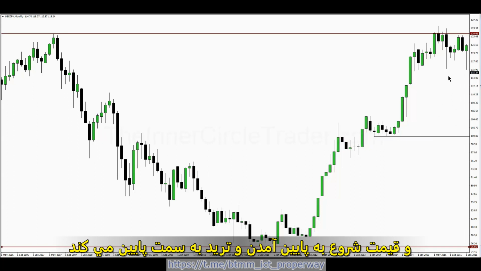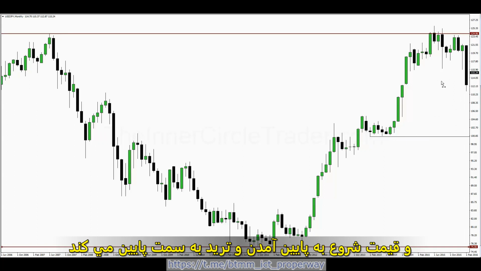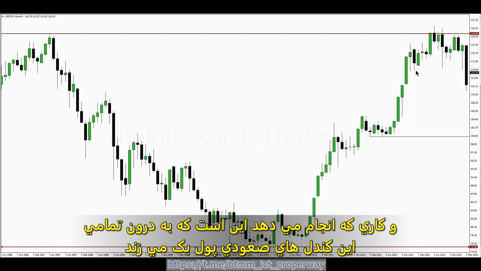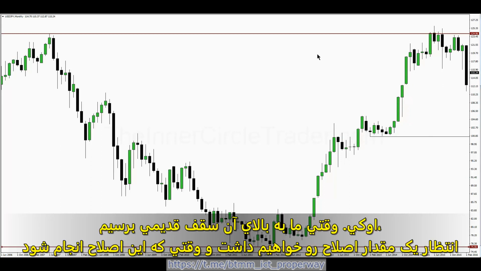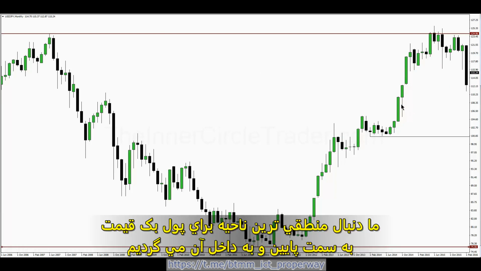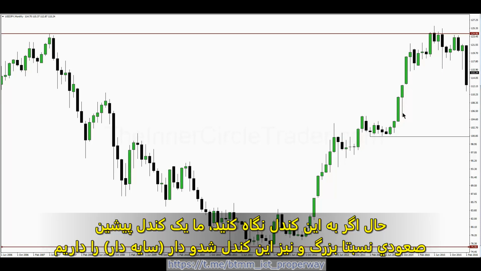Okay, and price starts to drop, trading down. What it's doing is pulling back inside of all these up candles. Once we clear an old high, we would expect some measure of retracement. And when the retracement occurs, what we're looking for is where is the most logical area for it to pull back down into. Now, if you look at this candle here, we have a previous up candle, a rather large candle, and we have